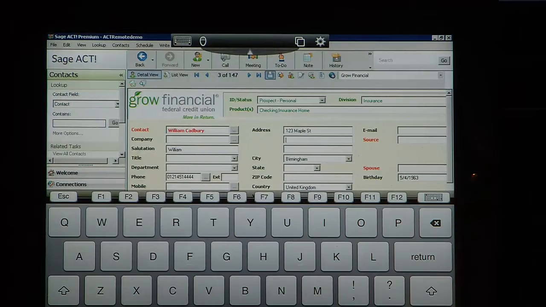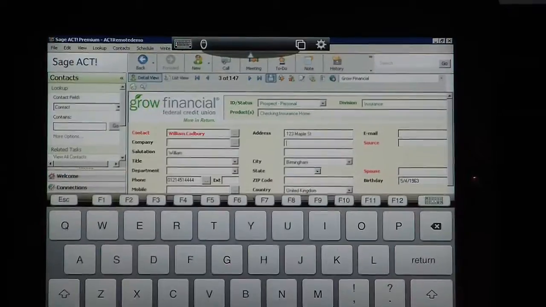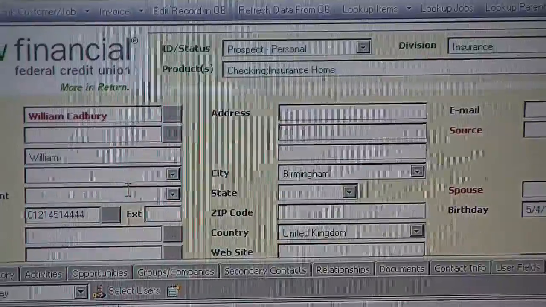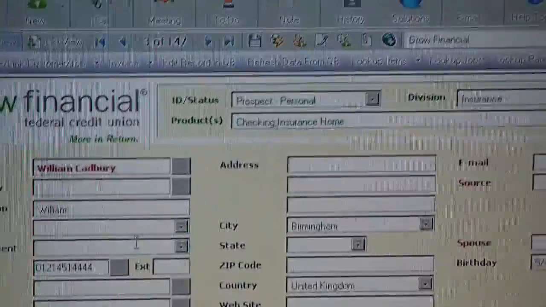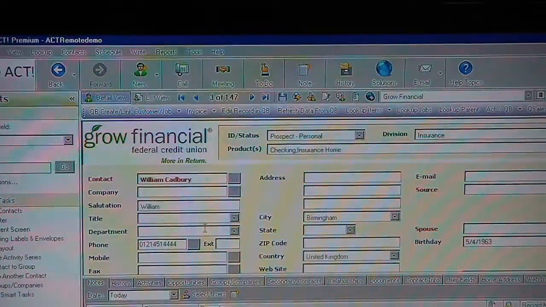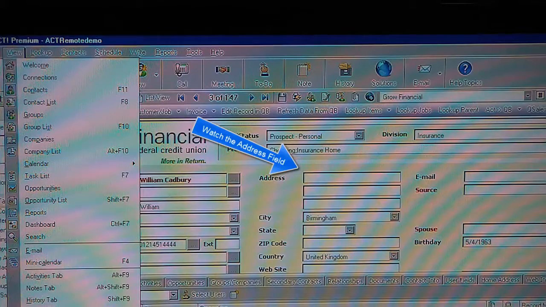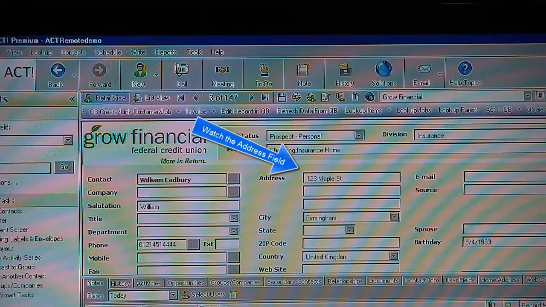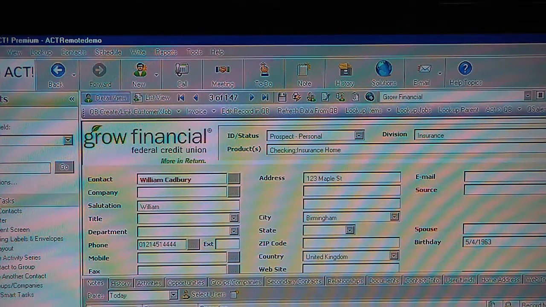Tap out of that field, hit my disk to save that, and then if I refresh my computer screen up top, same record, all I've got to do is go up to View and refresh, and there you have it, 123 Maple Street. So I'm in the same database at the same time. It's live,